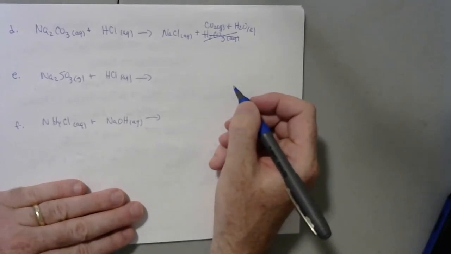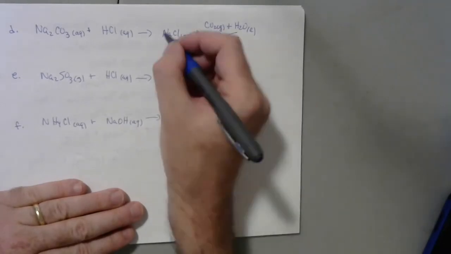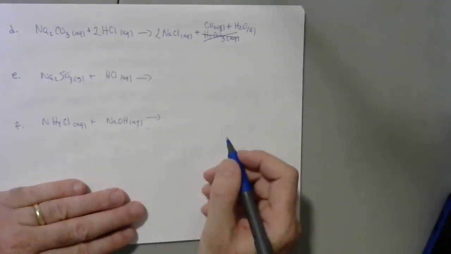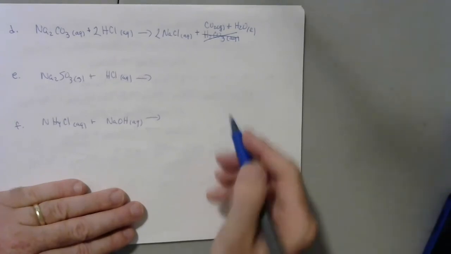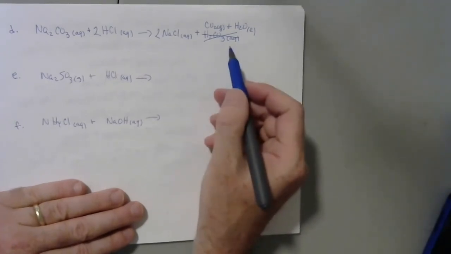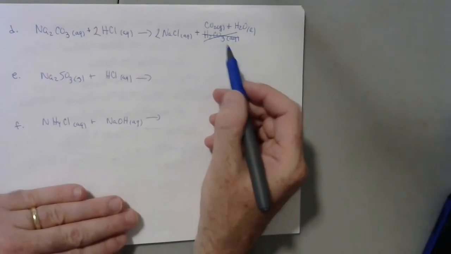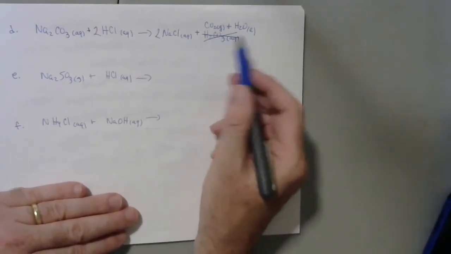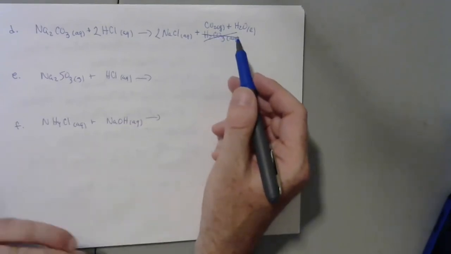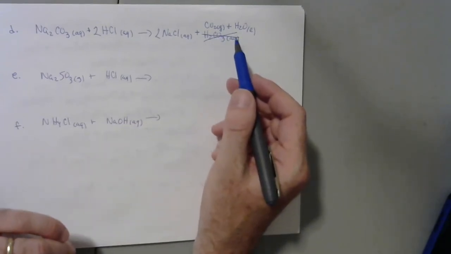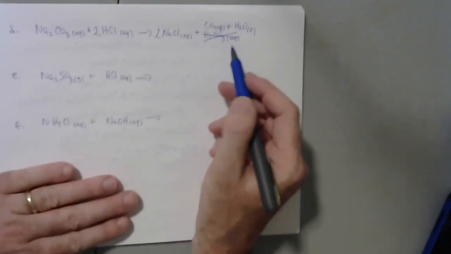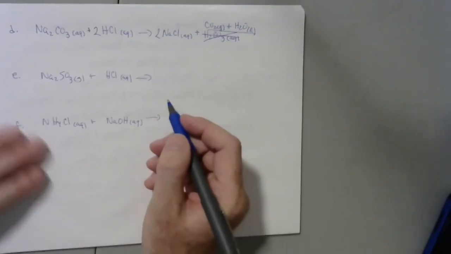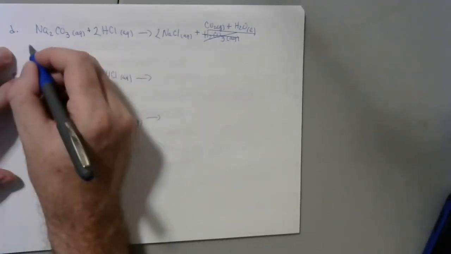And then you can balance accordingly. So we're going to need 2 of those and 2 of those to balance out the reaction. If you have to write it out like that and then break it apart, that's fine. If you can just go straight for what actually forms, certainly be my guest. I'm doing it here for an illustration. So what doesn't split up? The CO2 and the water. Those are both covalent compounds. So we got